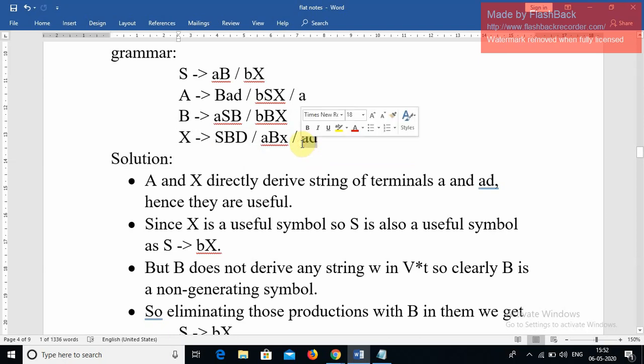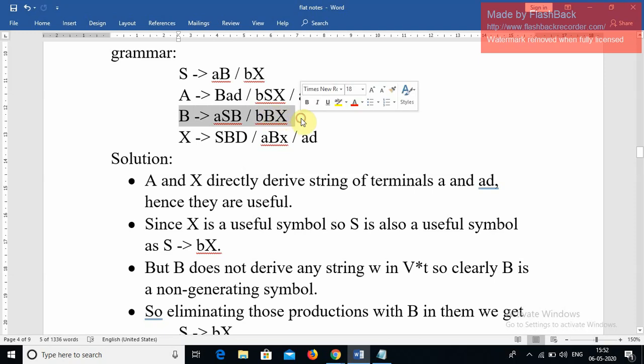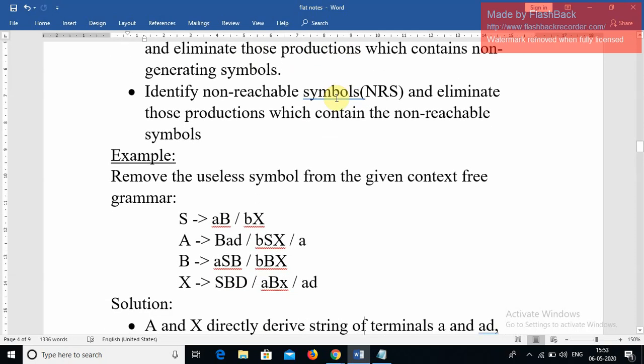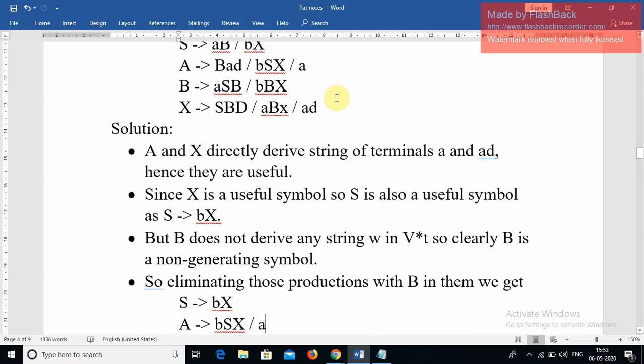Non-terminal, terminal, you already know the difference. Terminals are nothing but what is produced by the non-terminals. Okay, so S is the starting symbol. This is the start of the grammar. So from S to AB we are going. Here B does not produce any terminal symbol, so that is nothing but a non-generating symbol. So we identify B as a non-generating symbol and we can remove it.